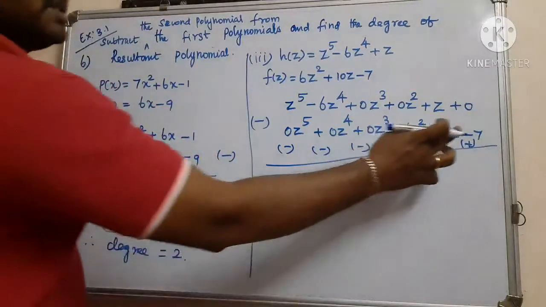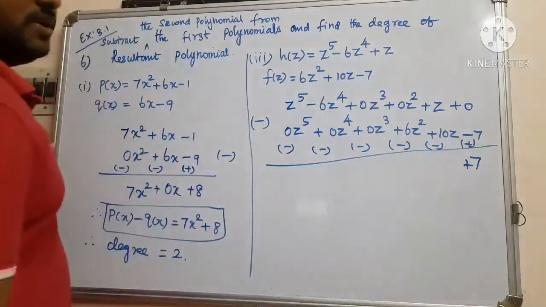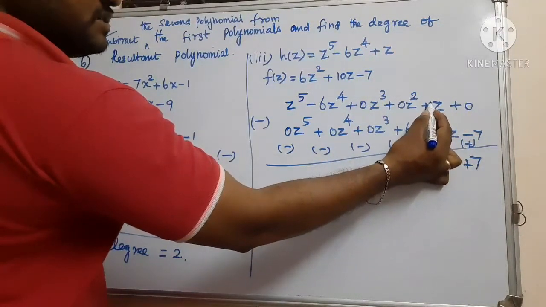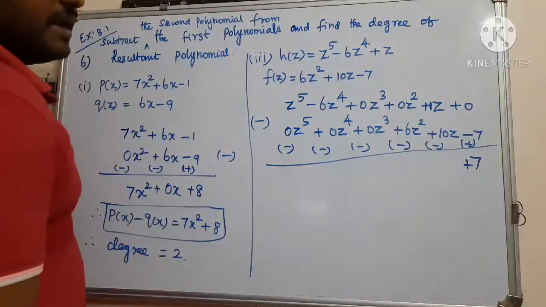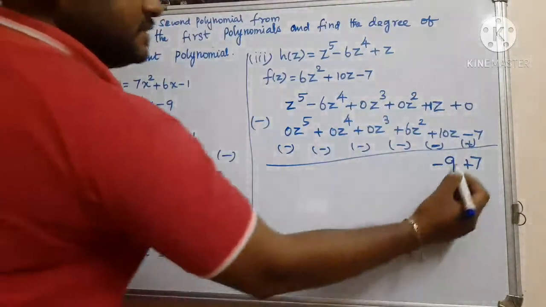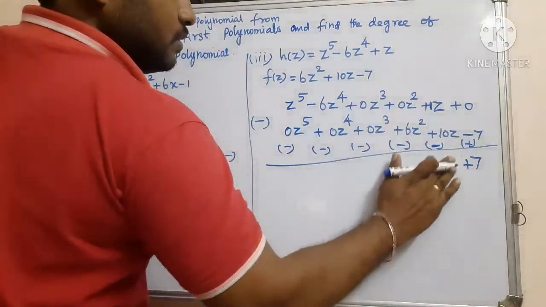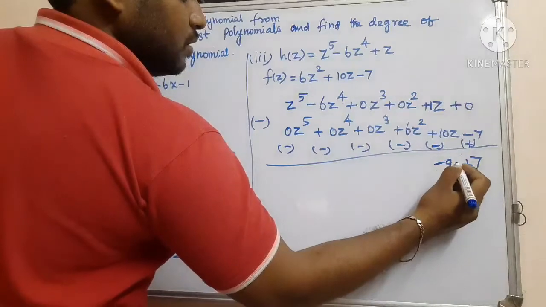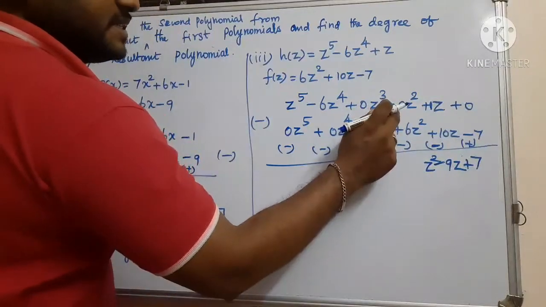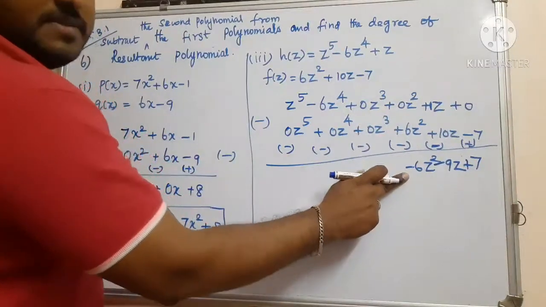Okay. So now 7 plus 0 is 7. So the highest number value is 0. Sign is 0. So here minus 10 plus, if only z is given, it means the coefficient value is 1. So 10 minus 1 is 9. The highest number symbol is minus. So minus 9 is that. And then z square is a common variable. Minus 6 plus 0. So minus 6. 6 plus 0, 6. The highest number symbol is minus.